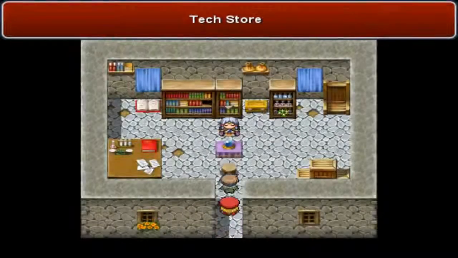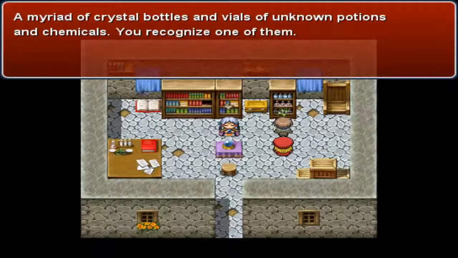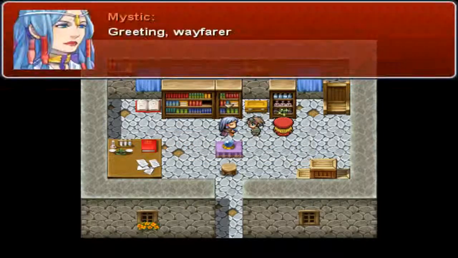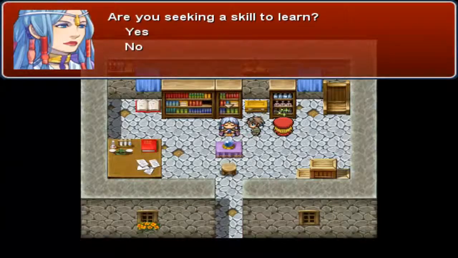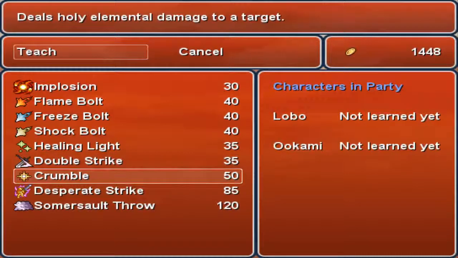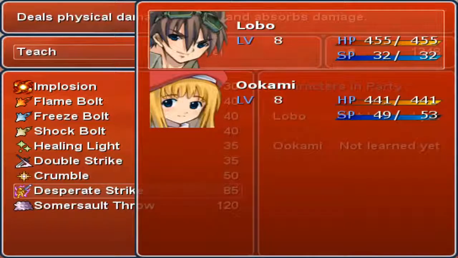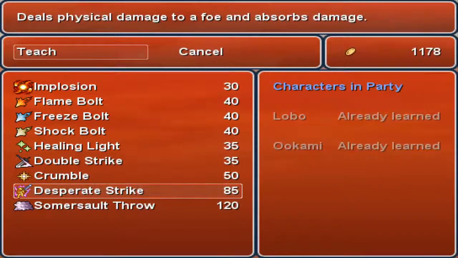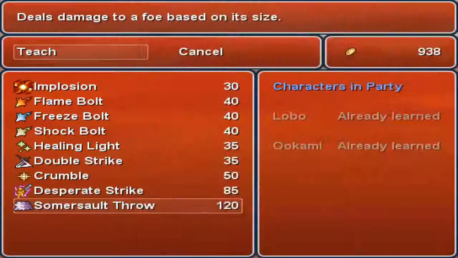Ooh, a tech shop. Wait, what's this? Oh, in this ancient storehouse now. Sure, you can have stuff on you. Text of the ancients. Sure, why not? Interesting and all, but...